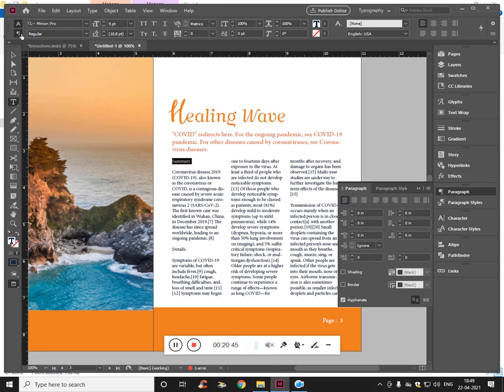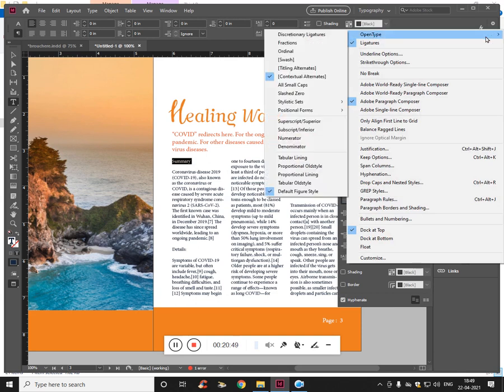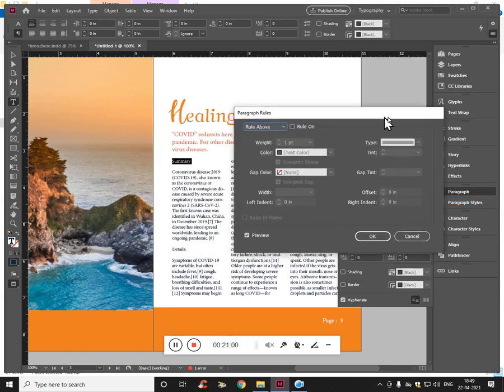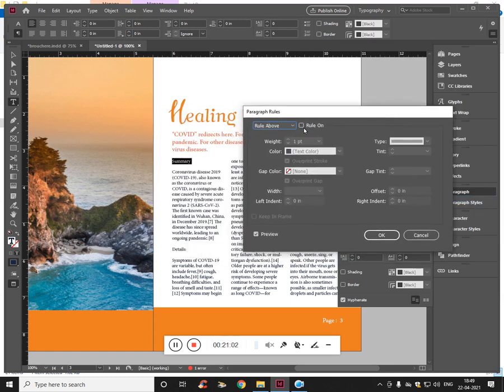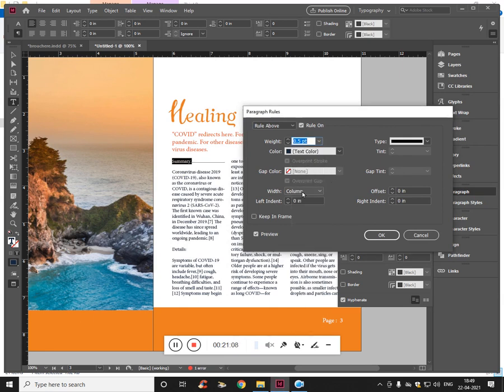Paragraph rules. Click on paragraph rules, make sure preview is selected. I want the rule on. Let's add the weight to be 0.5 point, and offset to be slightly below. Well, great. And if you want, you can change the color as well.